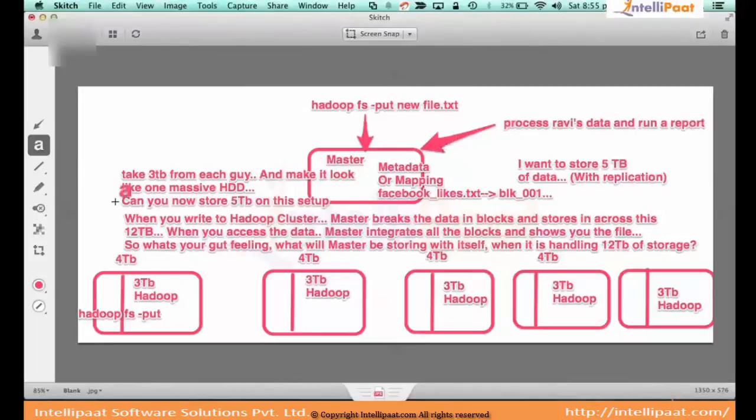So the job tracker will decide that there is one block here and we will process that block. But while the processing was happening, unfortunately, this machine is dead. Now this block was also replicated 2 more times. One was here, one was here, and one was here. So now job tracker sees that this machine looks to be free. So job tracker will tell that, okay, one guy is dead, so we will process this here. So the processing will start on this machine and you will get your result.